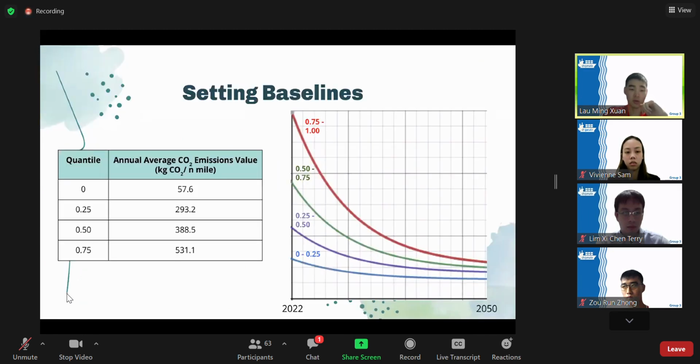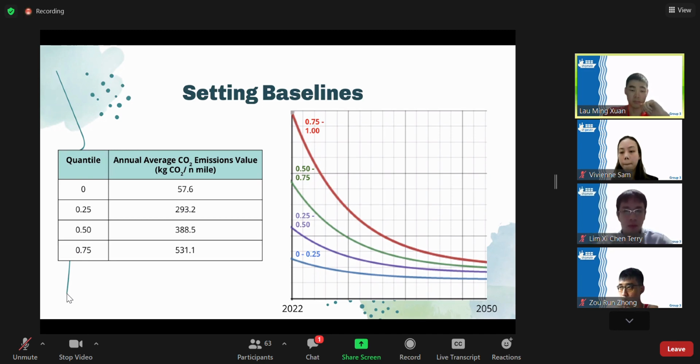We take a look at the annual average CO2 emission value for each cluster, and then look at the 4 quantiles. Taking cluster 0 as an example, the table on the left shows the values for the 4 quantiles. The graph on the right then shows how we can expect each of the quantiles to decrease. The red line has a much steeper gradient to show that it is decreasing at a much greater rate compared